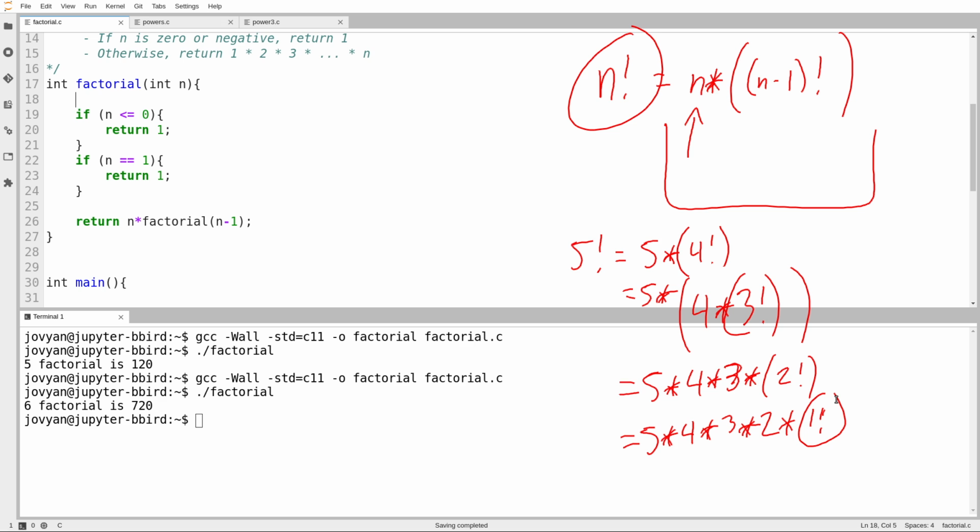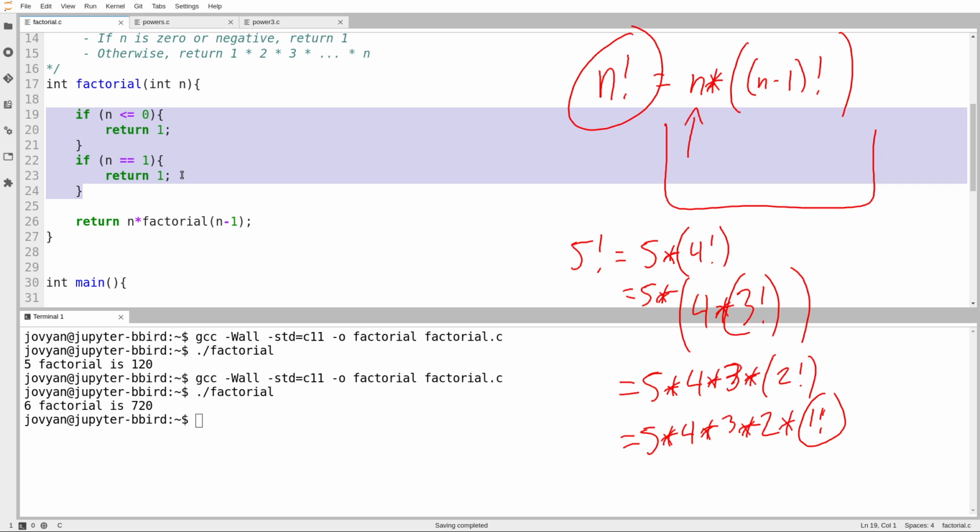And you might notice that my function doesn't need any help to compute 1 factorial. If it keeps calling itself and chipping away at the problem, eventually it'll prune the problem all the way down to the case where we're computing 1 factorial. And then it just returns 1, and then it's done. And so what we have here, these two if statements, are what we would call the base case of a recursive decomposition, where the problem is so simple, for example, when n equals 1, that you don't need any help